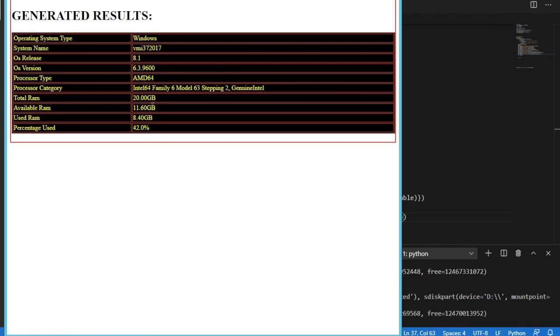Okay, so my total RAM is 20 GB, available RAM is 11 GB, used RAM is 8.4 GB, and percentage used is 42%. So our physical memory information came, our operating system information, the very basic utility. So what else is missing? Actually, I'm missing something, that is my hard disk information. We can easily get my hard disk information. Okay, so what we'll do,